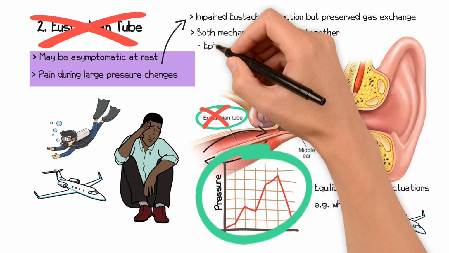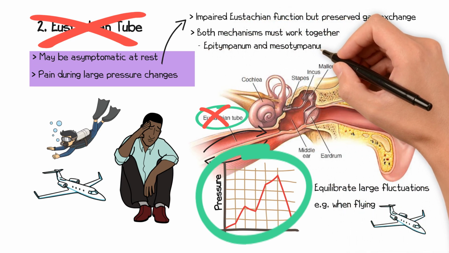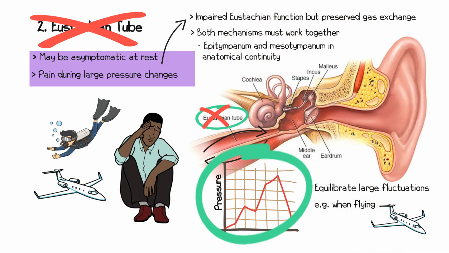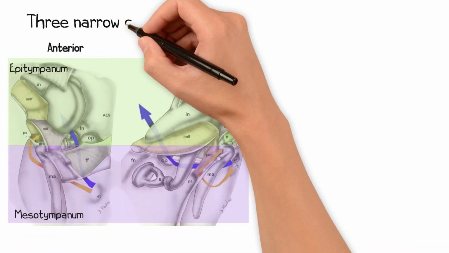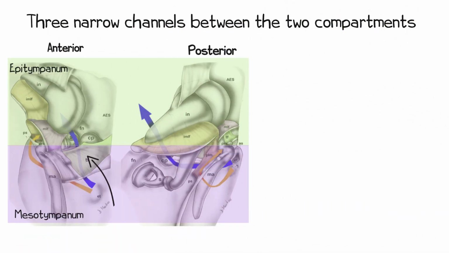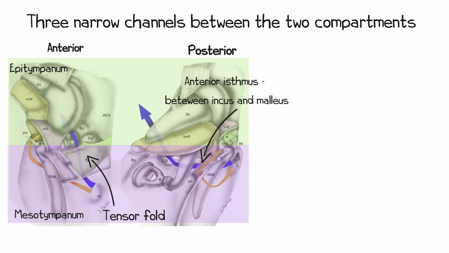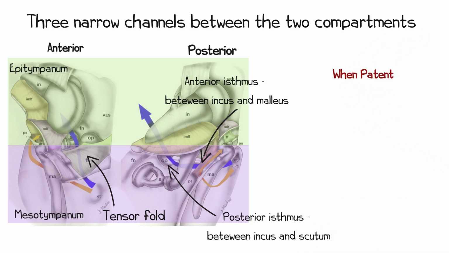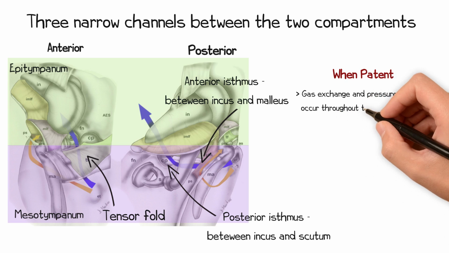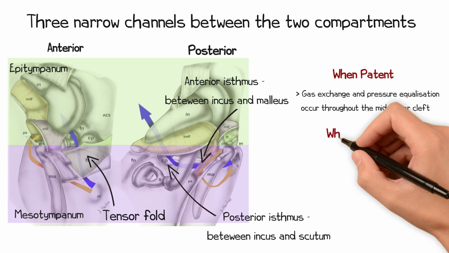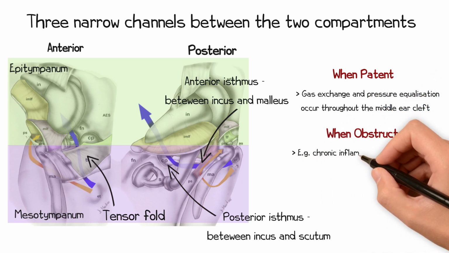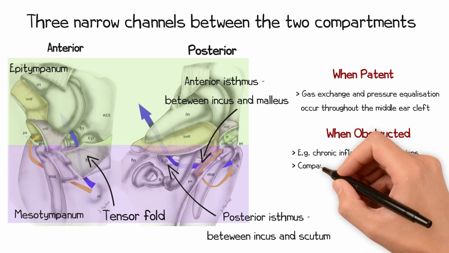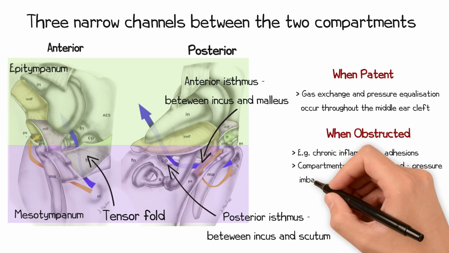Importantly, both mechanisms must work together, and for that to happen, the epitympanum and mesotympanum must be in anatomical continuity. There are three narrow channels that connect the two compartments: the tensor fold region, the anterior isthmus between the long process of the incus and the malleus handle, and the posterior isthmus between the long process of the incus and the scutum. When these are patent, gas exchange and pressure equilibration can occur throughout the entire middle ear cleft. When obstructed, such as in chronic inflammation or adhesions, the compartments become isolated, setting the stage for pressure imbalance and